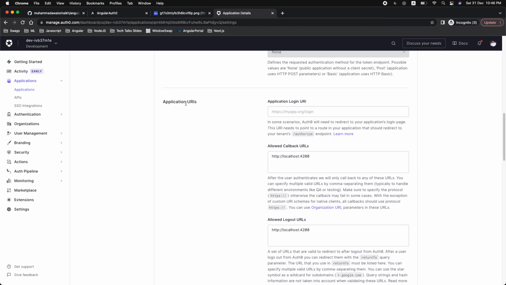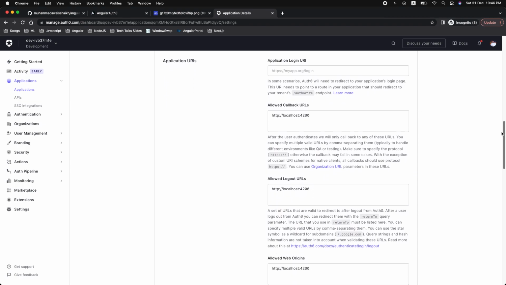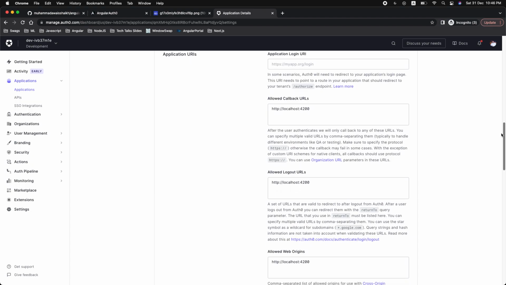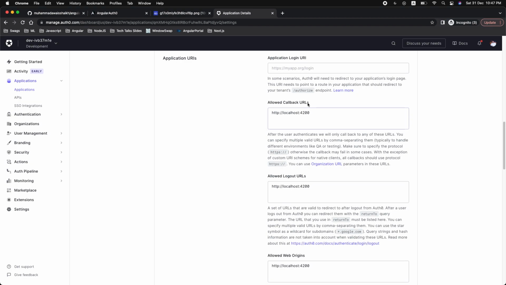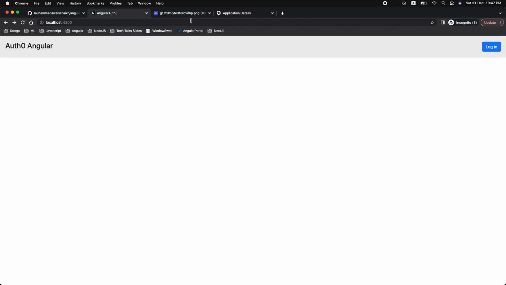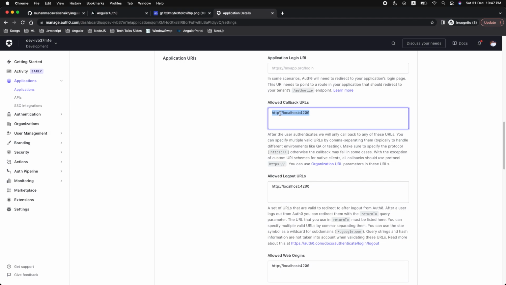Here in application URLs, it will ask for three things. Those are necessary to provide, right? The first one is allowed callback URLs. The allowed callback URL should be your root URL. Whatever Angular application you are working on, Angular's default port is localhost 4200 for the local dev environment. So I have pasted this URL here in my application URLs, right? And this same URL is passed here in allowed logout URLs, and the same URL is passed here in allowed web